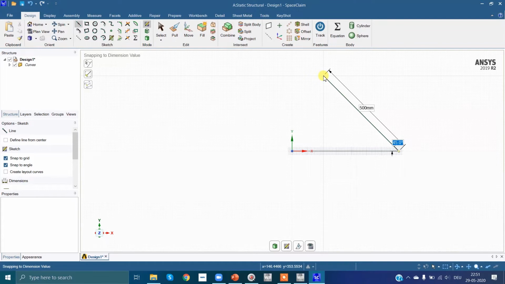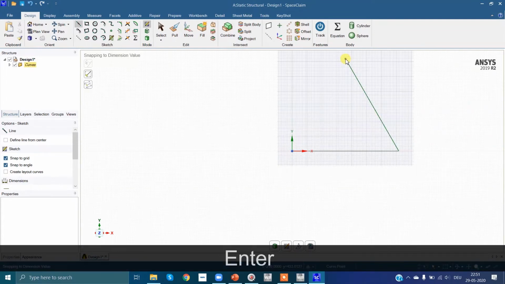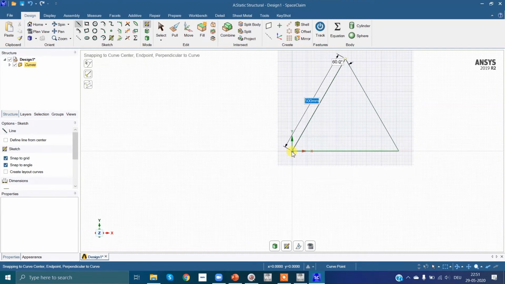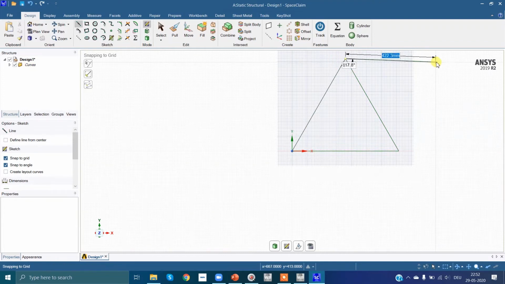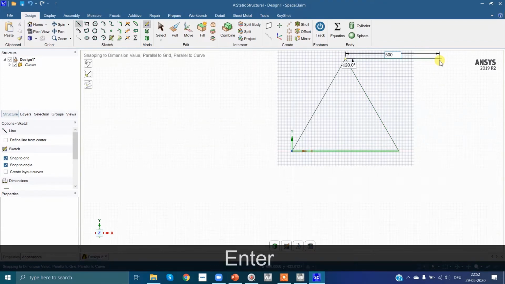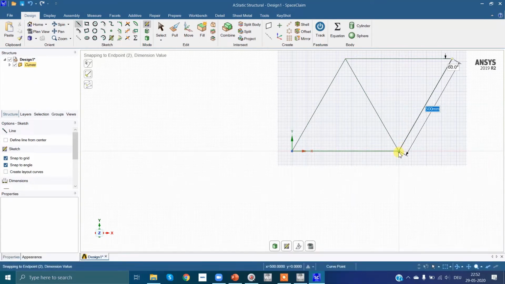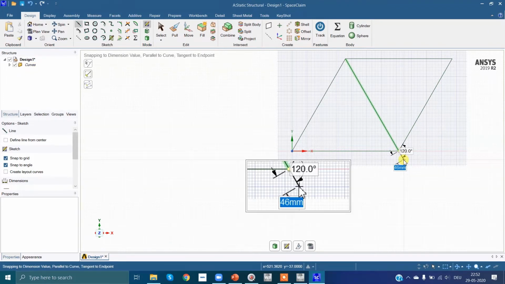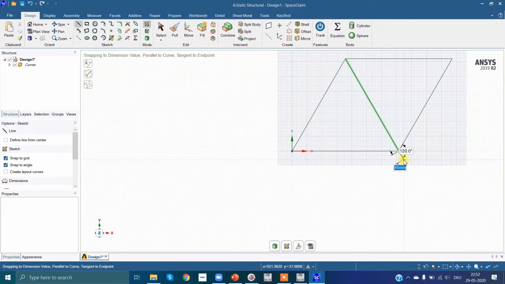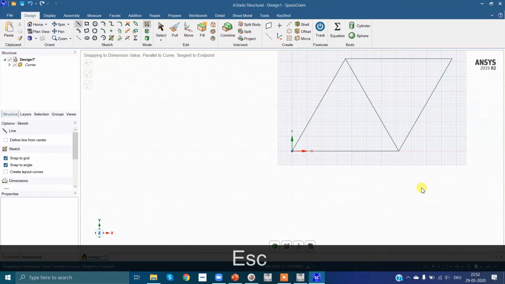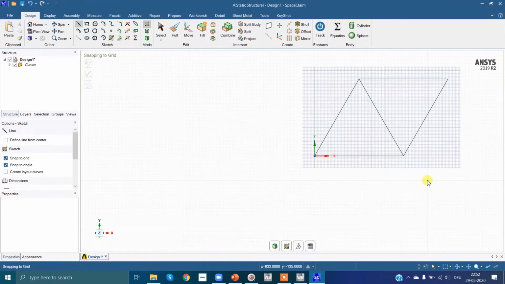Now you can enter the angle. So I'll enter 60. Then this point, and again. To cancel the command selection, simply press Escape. Now here is our geometry.